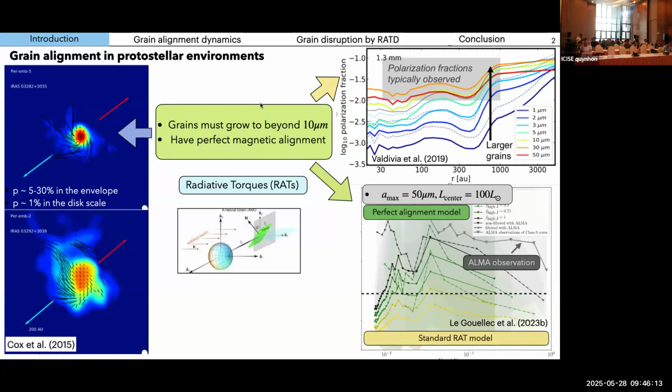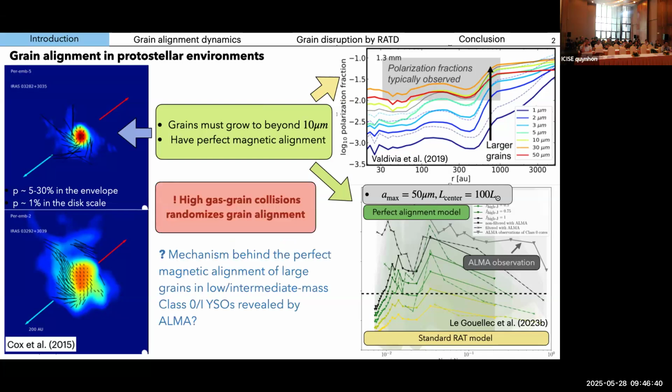But by assuming the maximum grain size of 50 microns inside the protostellar core scales, Le Gouellec et al. 2023 found that RATs themselves, the green and yellow lines, cannot reproduce the grain alignment efficiencies inferred by ALMA, but the perfect alignment model can. So that means that in the protostellar core scales, very large grains must have perfect alignment with the magnetic